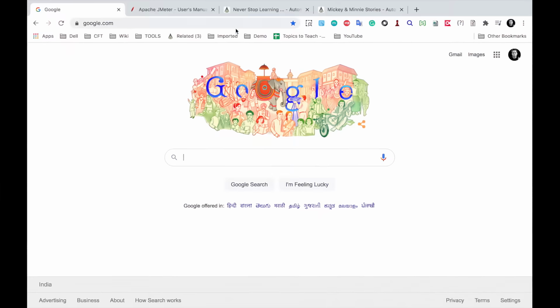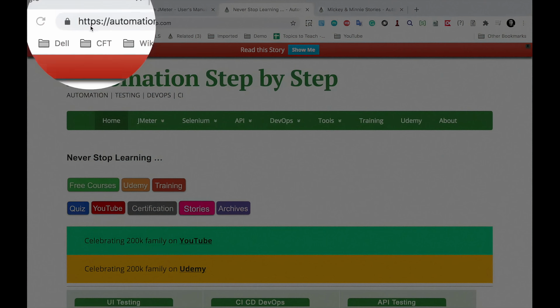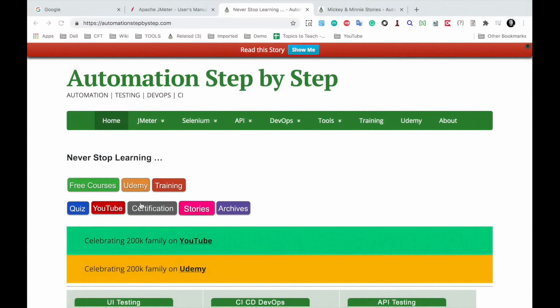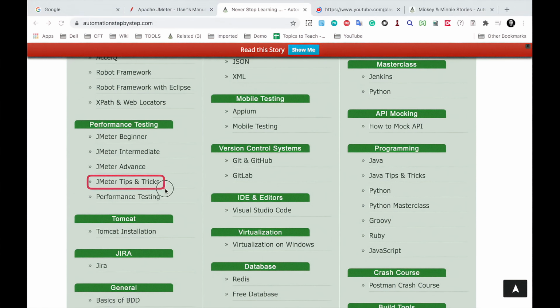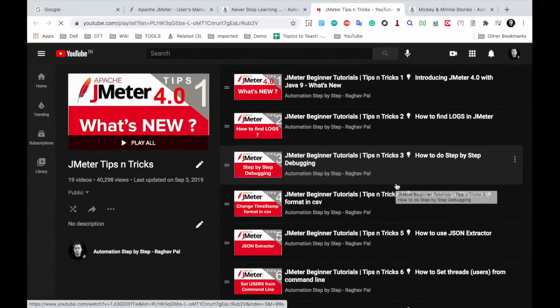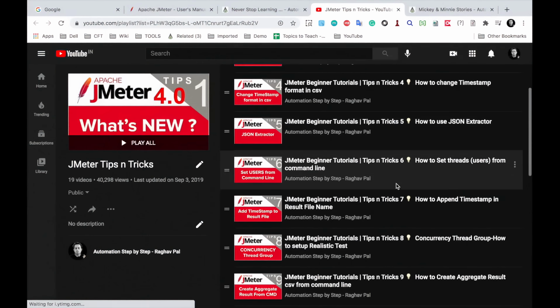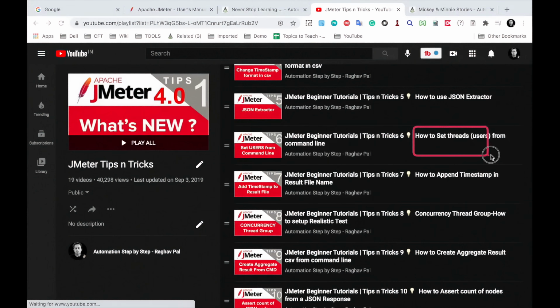from command line. And for that you can go on my website, that is automationstepbystep.com, and here if you scroll down under performance testing section, you will see a section for JMeter tips and tricks, and if you go here it will take you to my YouTube playlist, and here you will find all these videos, how to set thread